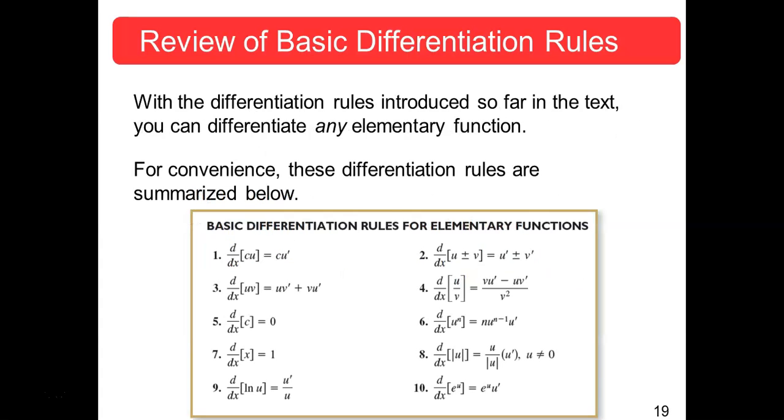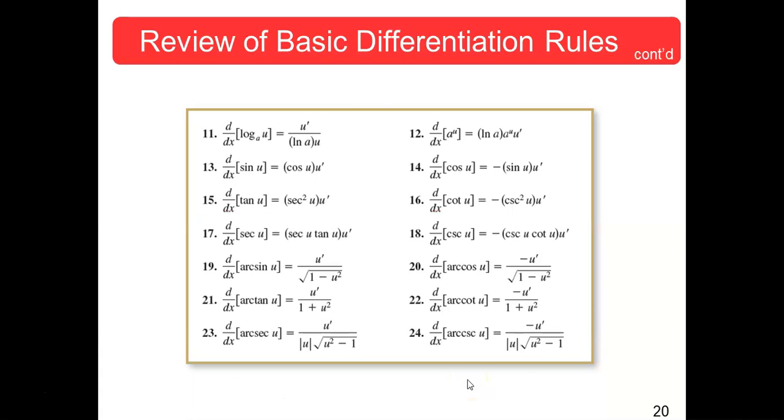So when we look back at the differentiation rules, these are all the rules listed out. You have your product rule, addition and subtraction, quotient rule, the rule for constants, and the rule for x itself, which goes with the power rule. This is sort of the power rule combined with the chain rule, and you see a lot of these after you get to a point. A lot of them are combined with the chain rule. You have the derivative of absolute value, the derivative of ln of u, the exponential function, and then we get into